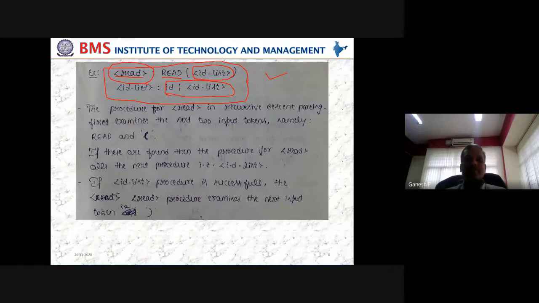So in either case, whether it is the input case or the grammar case, the main concern here is the non-terminal symbol associated with the procedure, whether it is returning a successful value or a failure value. If it returns a successful value, our input is right. Otherwise, the input is invalid. That is just an example to understand how a recursive descent parser will look at the input. The procedure is very important here because each non-terminal is associated with a procedure.